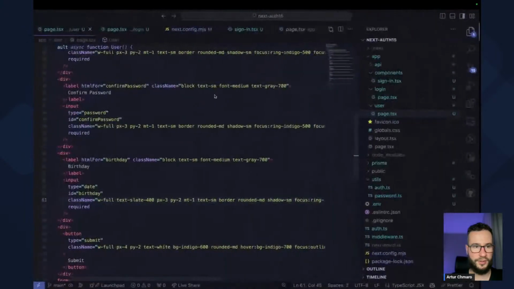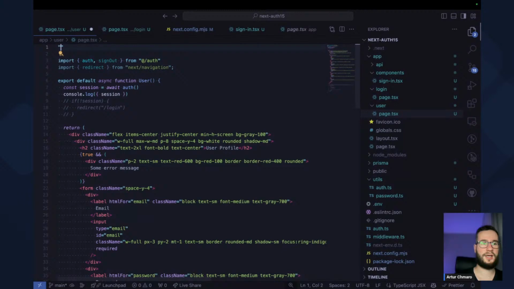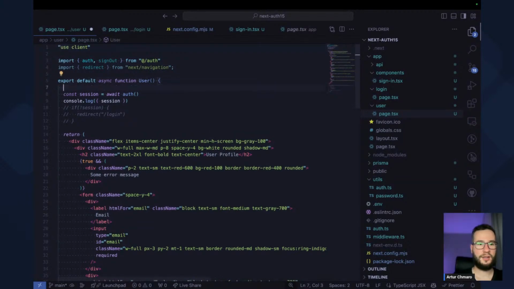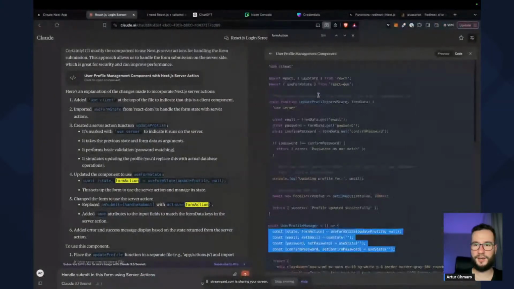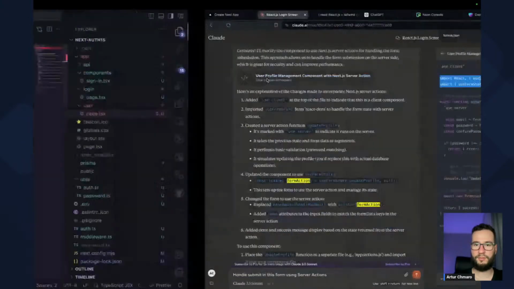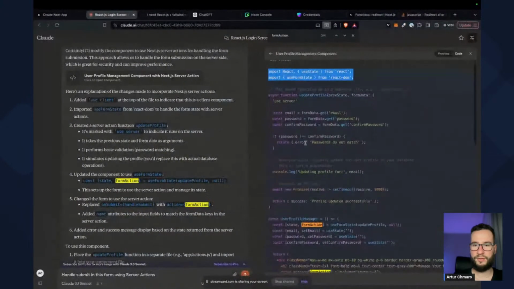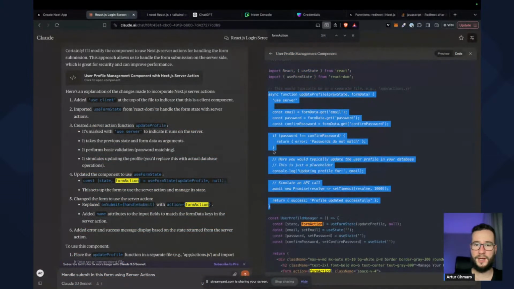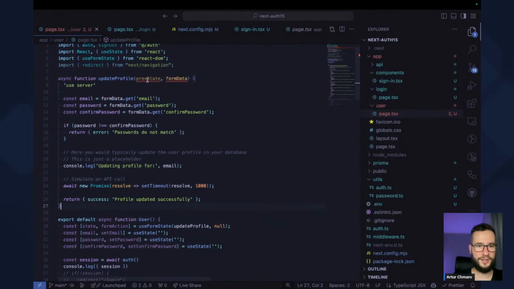So I will just copy this into this beautiful component. And this beautiful component, I will make it client as they asked us. Okay, use client. And here I will just specify stuff that they have here. So I will import useState, useFormState, and then we have the update profile, which would be the server action. So let's copy it over here. Let's save it. We have the prevState is declared but never read, and then we have